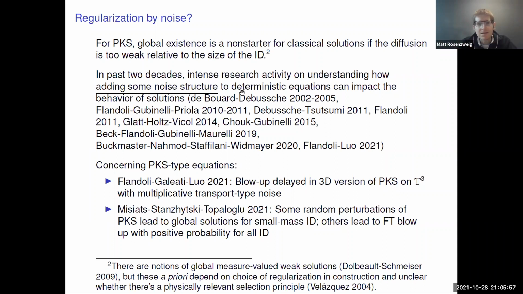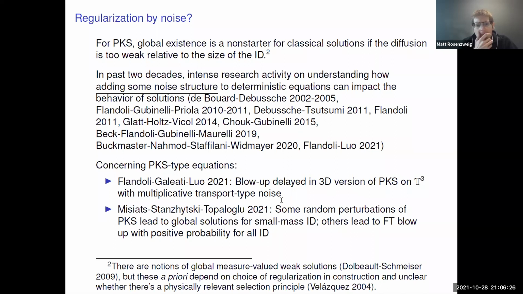By no means is this intended to be exhaustive, so my apologies for any omissions. But concerning specifically these PKS type equations, I'm aware of two recent works. The first is some work by Flandoli, Galeatti, and Liu from this year, where they show that blowup is delayed, but not prevented or suppressed in a 3D version of this PKS equation on the torus, where you have multiplicative